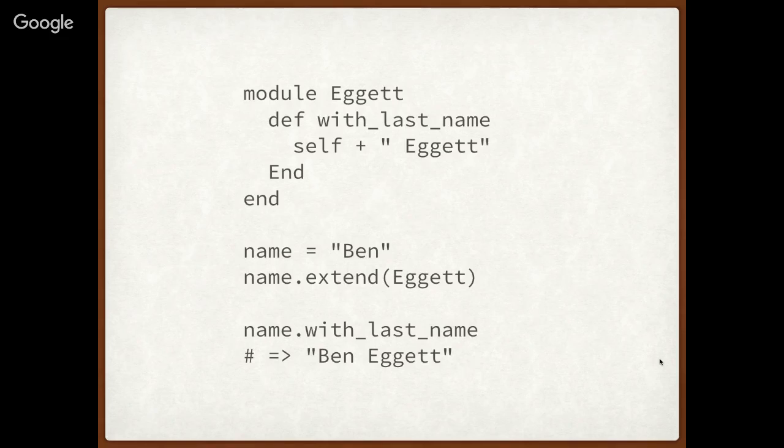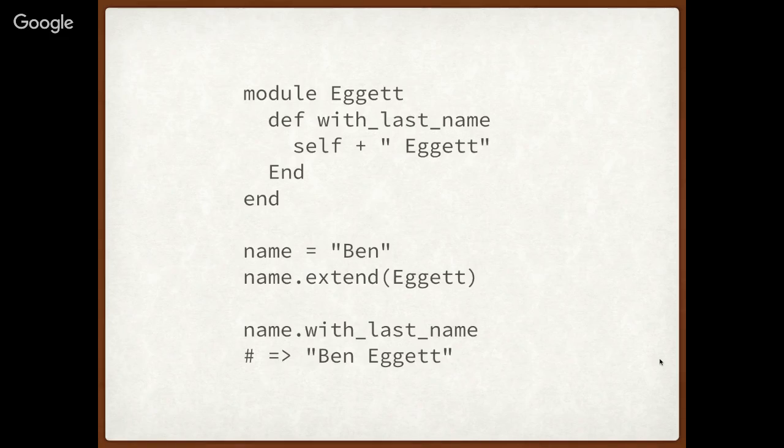Yeah, so in my module Egget, I can define with_last_name, and I'm saying, okay, whatever I am plus space Egget. And so my name equals Ben, name.extend Egget, and name.with_last_name gives me Ben Egget. Right? I think this is pretty common Ruby-ish code, maybe the fact that I'm doing it on a string and I'm extending the instance of a string is a little weird, but